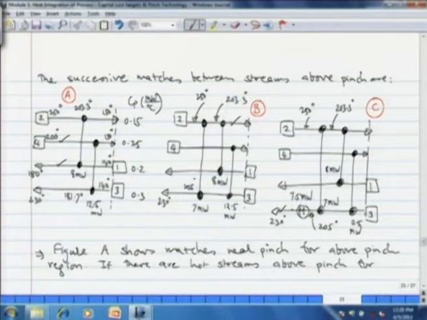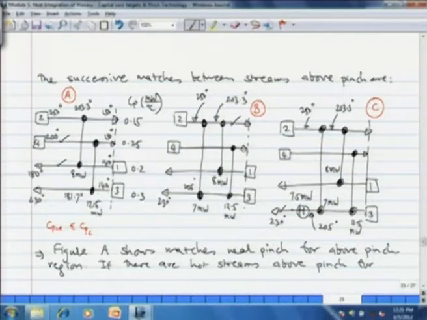Now we have stream 2, the CP table and stream grid that is now appearing on your screen. We have streams 2, 4, 1 and 3 all above the pinch region. Now with the CP inequality constraint, that CPH should be less than or equal to CPC, how can we place matches? Stream 2 can be coupled with stream 1, that we have just seen.